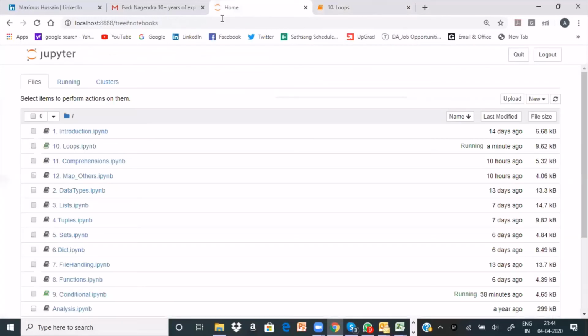Tomorrow we will cover comprehensions and map. Very, very important. The better, elegant way of writing Python code is comprehensions. If you are good at this, you are one of the good programmers of Python. Python comprehension way of writing will show you your talent. This is where people try to exhibit their capabilities. Okay, so I'll stop it here.